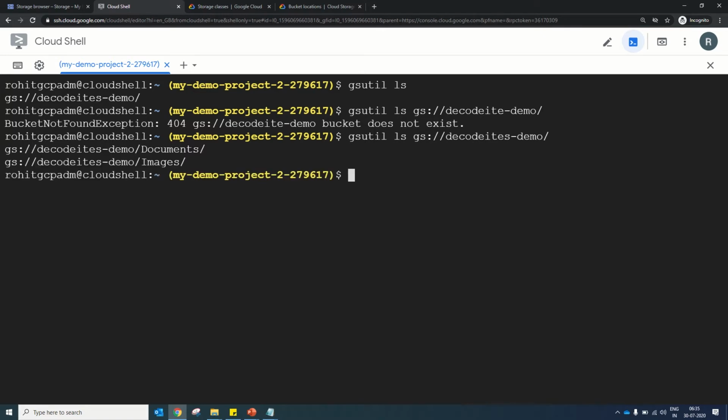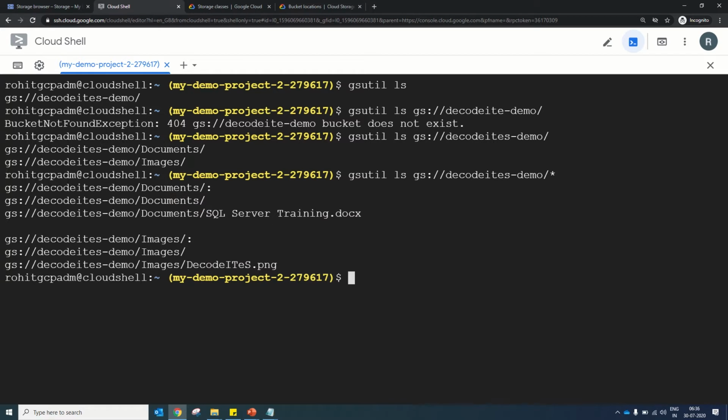There are two folders available inside the bucket: documents and images. If you want to list all objects available within the subdirectories, you can mention the star. When you mention the star, it shows the documents folder, which has the SQL training docs, and in images you have the docx its.png.